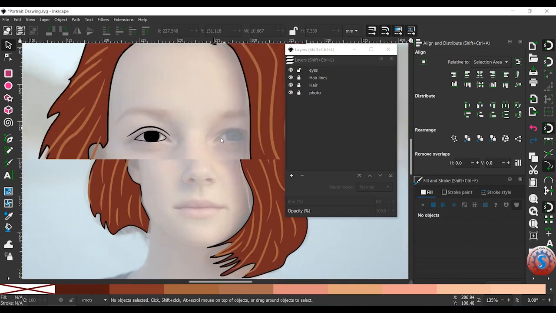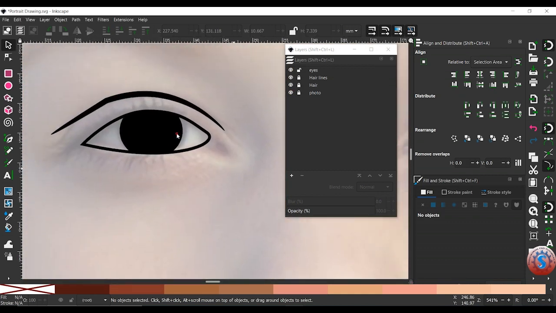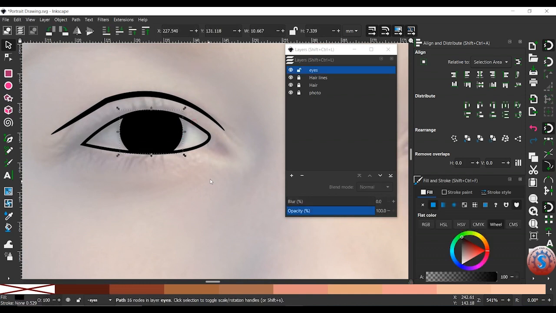Again, as already explained, the next step is Control plus D, which duplicates the object. Selecting this, I'm using Control plus D, and one object is created, but the color is the same, so it is not highlighted. I want to change the color, so I go into Fill and Stroke and the Fill option. Changing the color to somewhat less black, a gray color is obtained. You can observe the gray color.